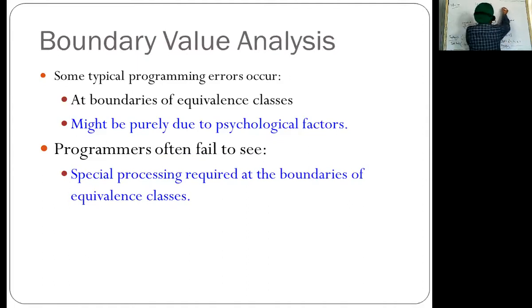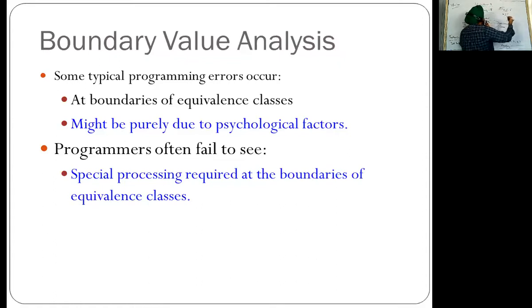Because suppose I want to say x less than 5. Instead of writing x less than 5 in the code, you may write x less than or equal to 5. So here the 5 will be the boundary, and in the boundary case it will be the problem. Now we have to see whether it can be done or not in a boundary case. Actually we want x less than 5, but what you have written is less than or equal to 5.